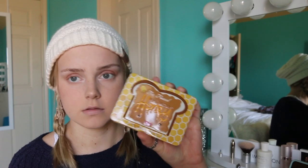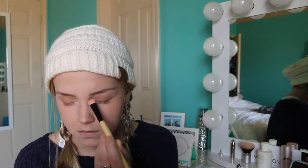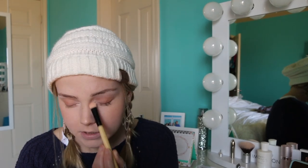And then I always set it using the Too Faced Peanut Butter and Honey. I just take this light shade right there, but you can honestly take any light shade. It doesn't have to be from this specific palette. And that just helps you look, again, more awake, because chemo can really make you look dead or tired or